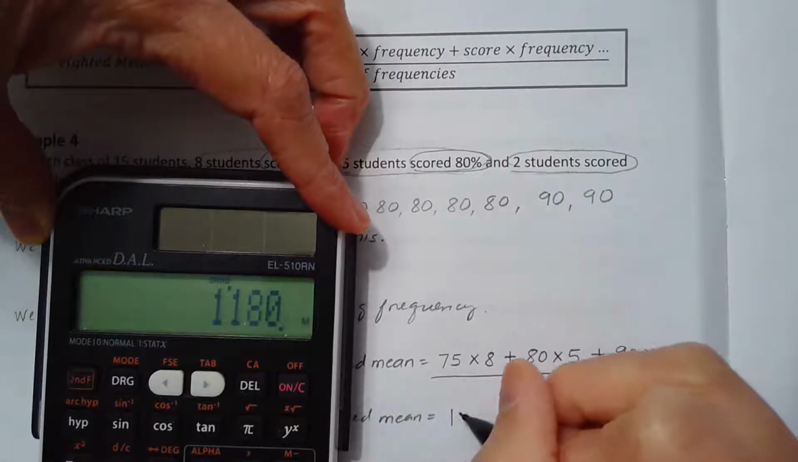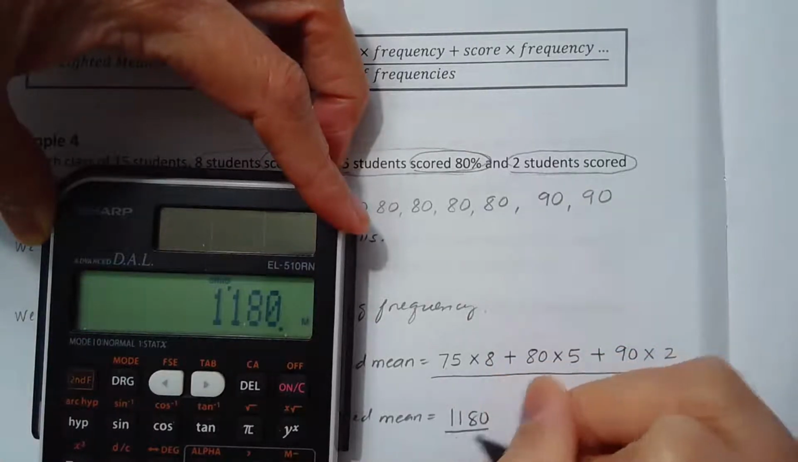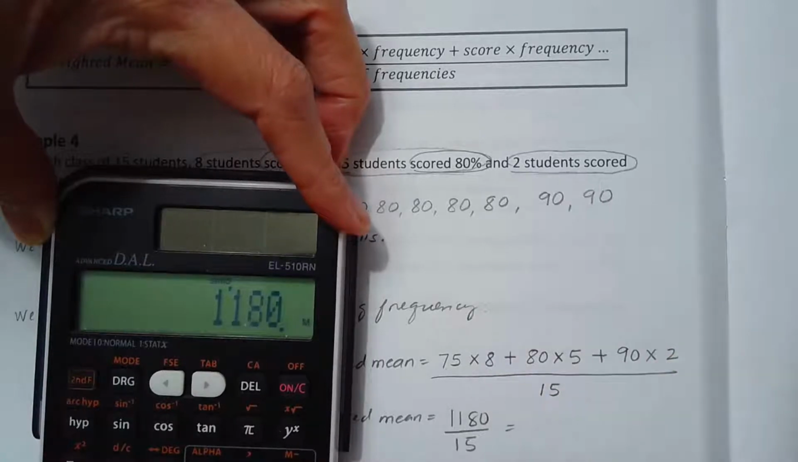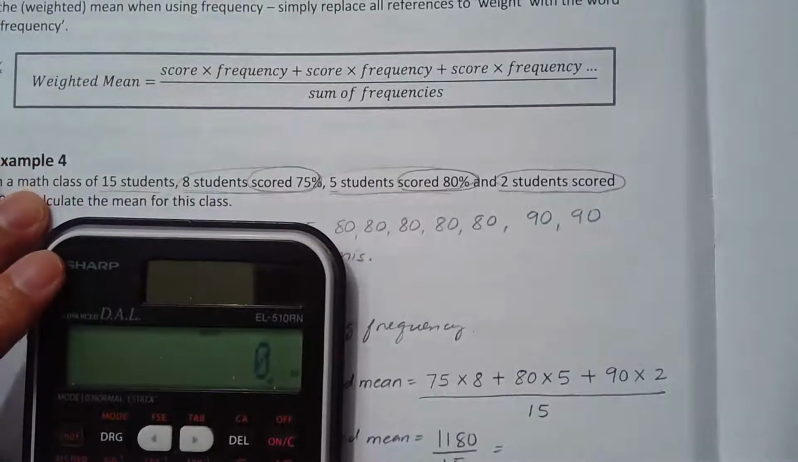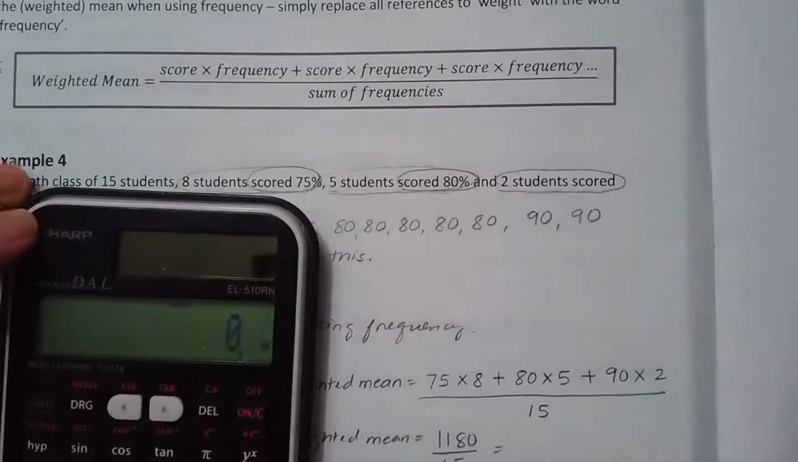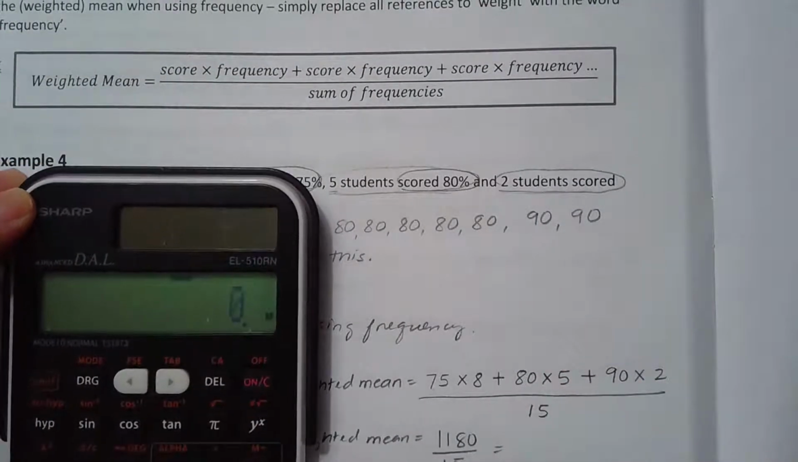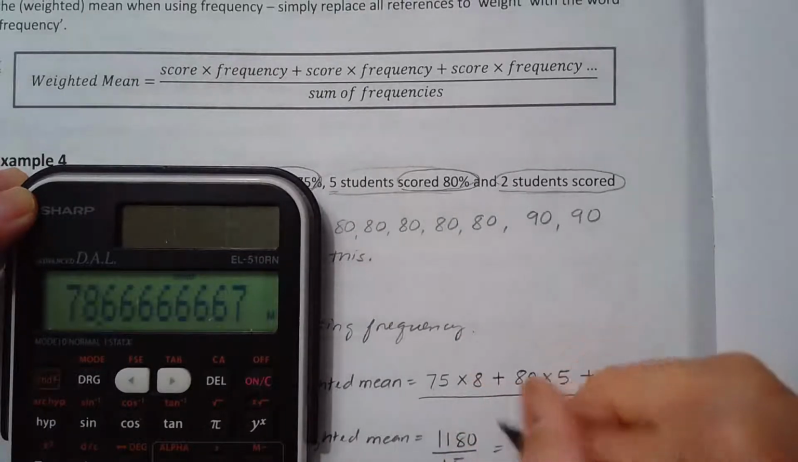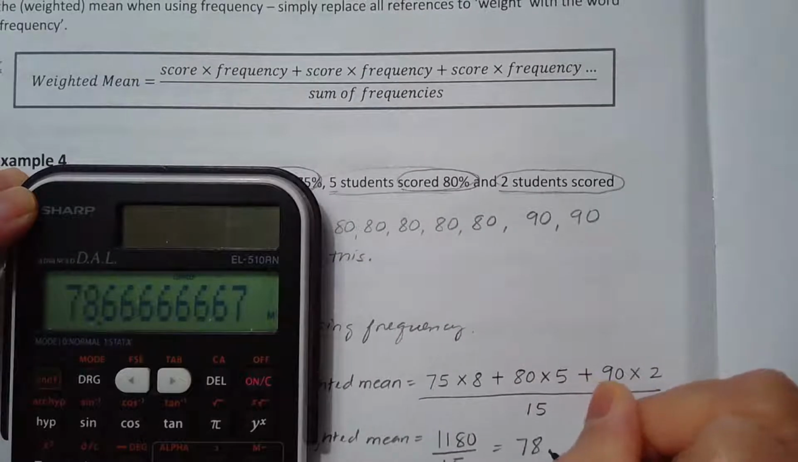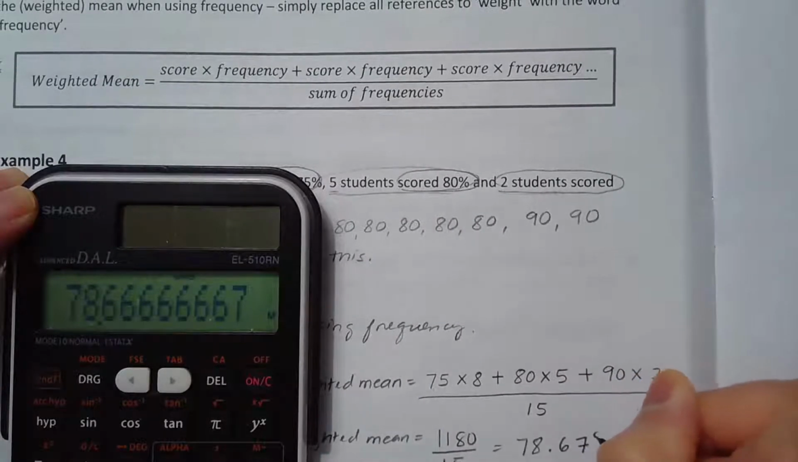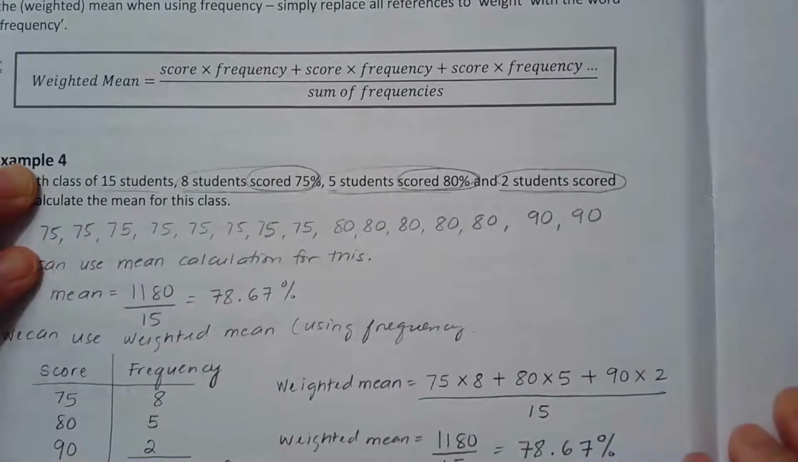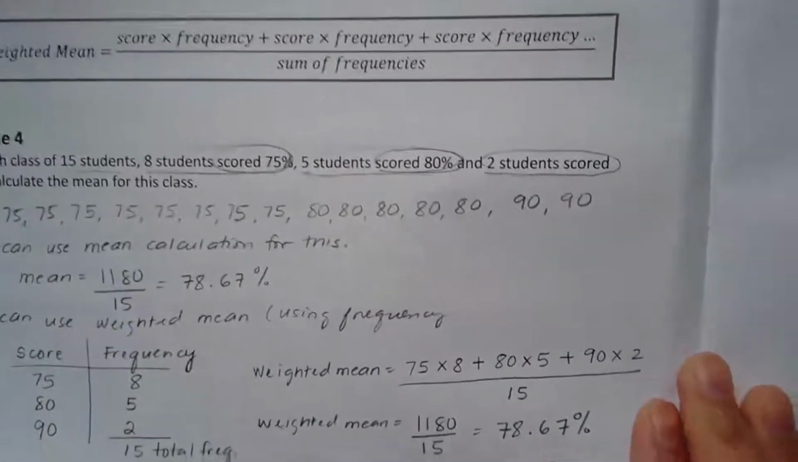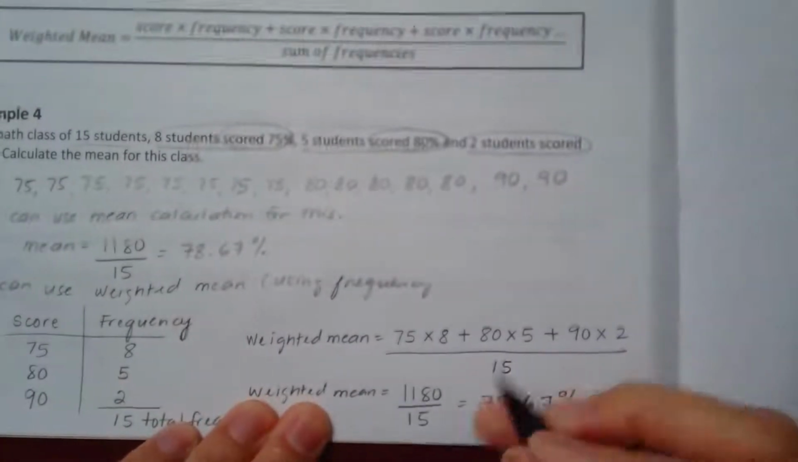Okay, so that's 1,180 divided by 15. I'm just going to double check that again. Yeah. 1,180 divided by 15 is 78.67%. So the average of the class, oops, sorry, can't really see that low, is